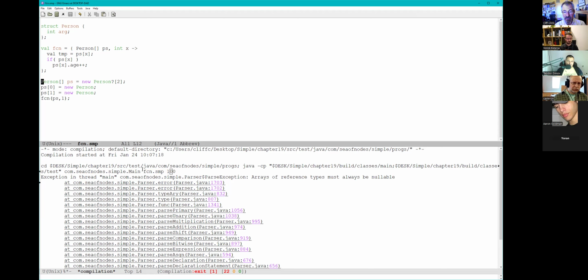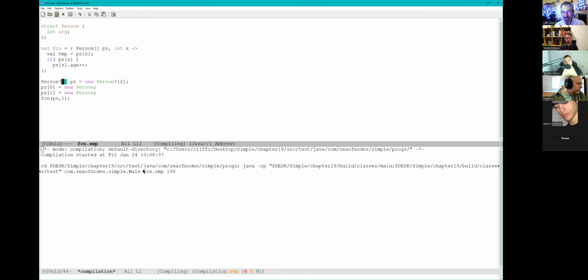And this one was "arrays of reference types must always be nullable." And this is me trying to figure out what it means and sort out the bug message. The bug message is really, I declared ps to be an array of persons, but it's not person or null. And that means I can't make one and have it be full of nulls because it's not allowed to have a null. So there's an argument about the default that should be on arrays, or you could argue that I want a constructor that will build me an array of all not-null things. And it's still blowing up.